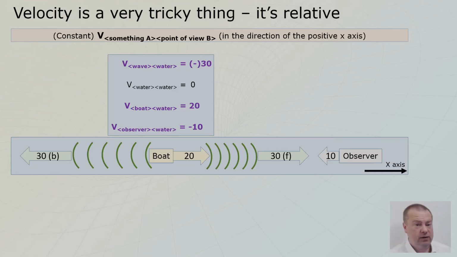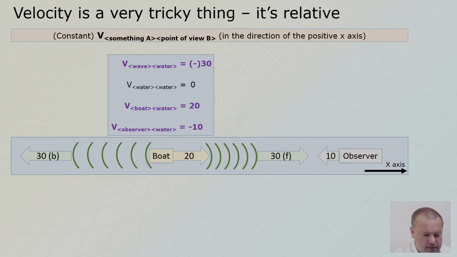Very important on Einstein's mountain. The velocity of something from the perspective of something will always be 0. Always. And in special relativity, velocities are also constant all the time. So you can never tell whether you are moving, yes or no. So then you just say, I'm not moving. Everyone around me is moving, but I'm not moving. So the water says, I'm not moving. I see the observer moving, I see the waves moving, I see the boat moving, but I'm not moving.